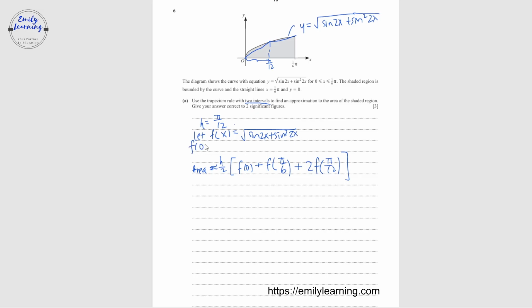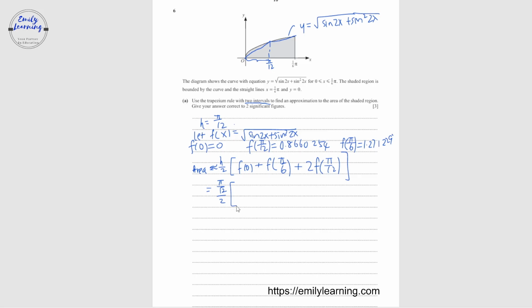So I'll find f(0) is 0, type it into the calculator, find f(pi over 12), which gives me 0.8660254, and f(pi over 6) gives me 1.271229. Okay, so now subbing all these values into the formula for trapezium rule, I'll have pi over 12